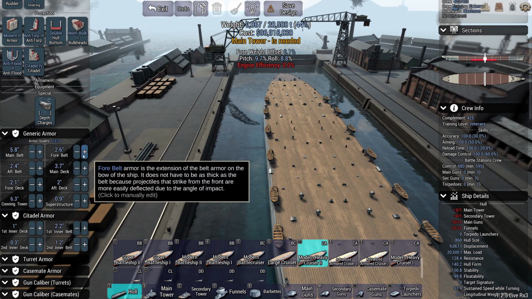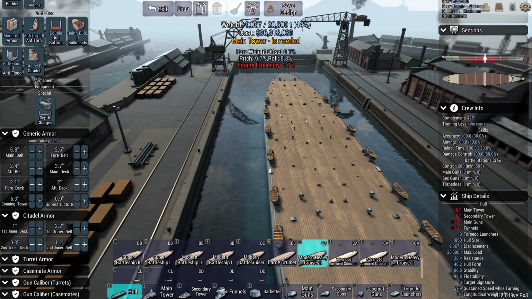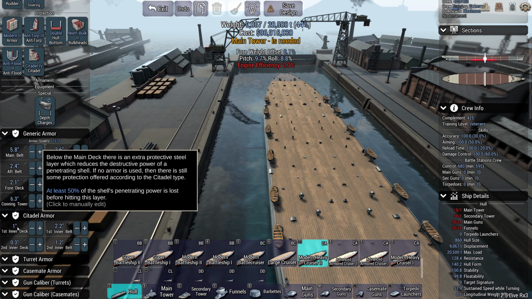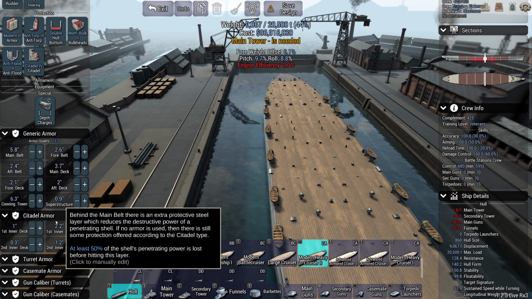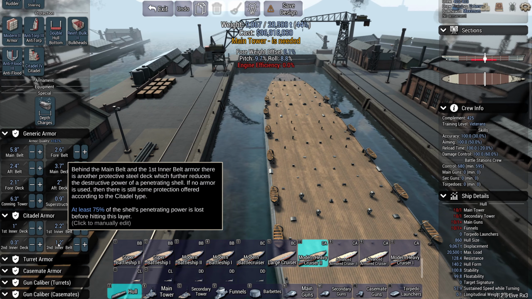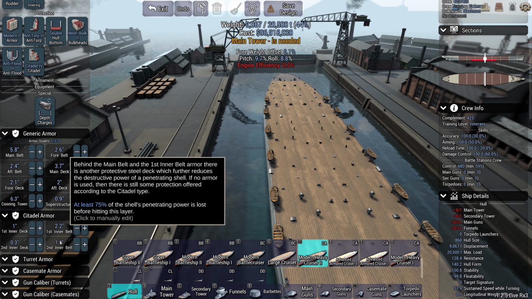They go through the first layer of deck armor, 3.7 inches. That slows that shell down. The second layer it encounters is the first inner deck, which is another inch, and it slows down even further. The shell still keeps going, and that's when it hits the second inner deck layer. The same works for the belt. So 2.2 inches of inner, and then another 1.2 inches of inner. Don't add these up, because it means that at least 75% of the shell's penetrating power is lost before hitting